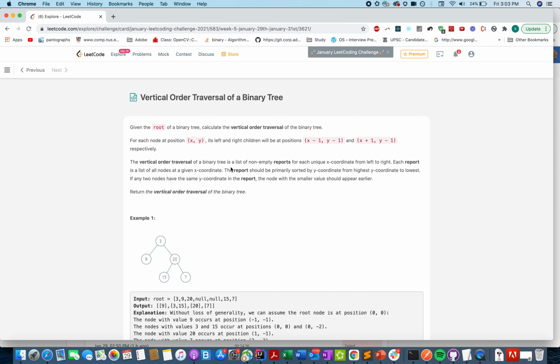Hello everyone, welcome to day 29 of January LeetCode Challenge, and today's question, the vertical order traversal of a binary tree. The question says you are given a binary tree, and you need to calculate the vertical order traversal of that tree. There are a few rules that are specified while you are traversing the tree. And before the rules, let's look at what the question says with respect to the positioning of its